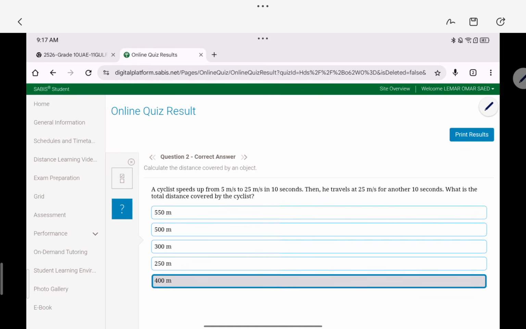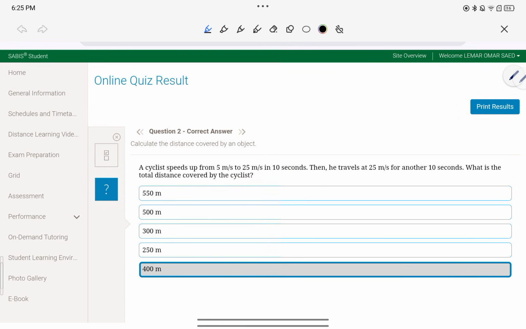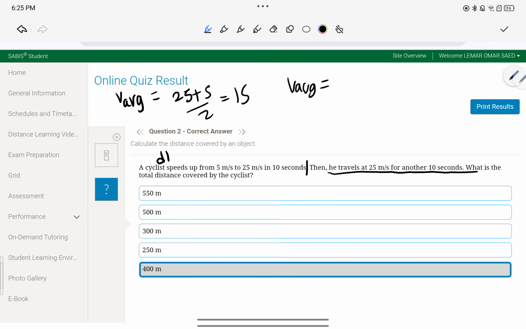Okay, now they want the total distance covered by the cyclist. Now, there is distance number 1, which is from here till here, and then this is distance number 2. For distance number 1, first thing we need to find is the average velocity, which is v final plus v initial over 2, which is 15. Now, average v is equal to distance multiplied by time over,